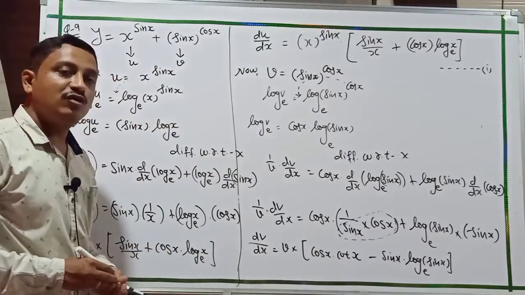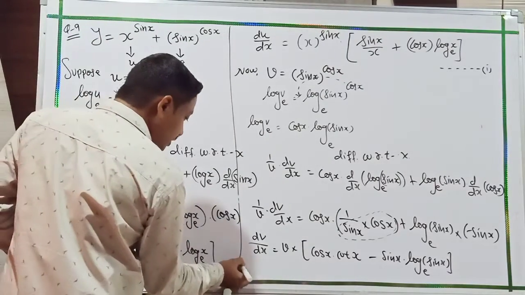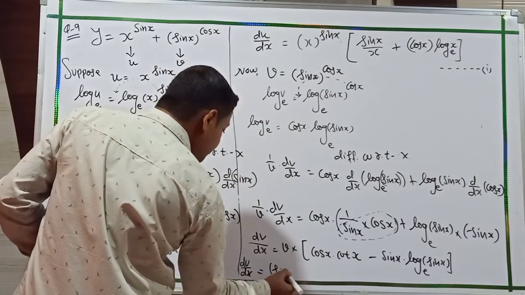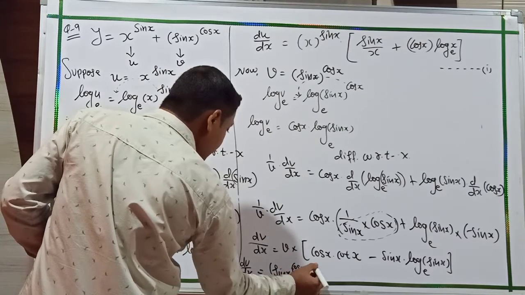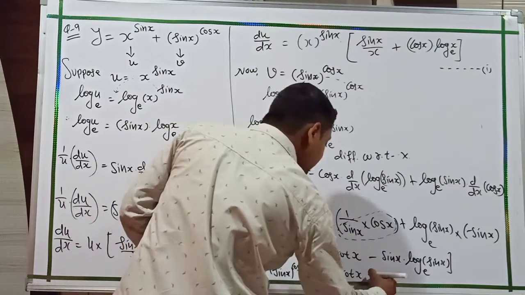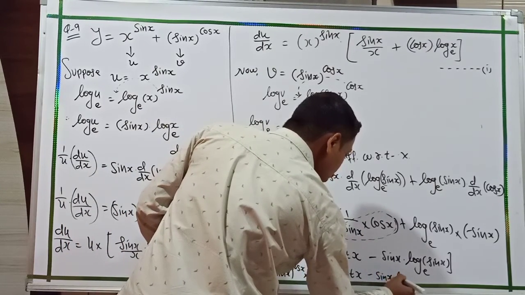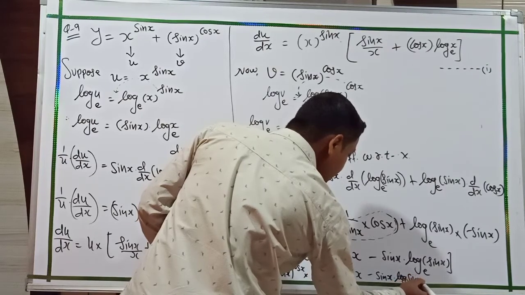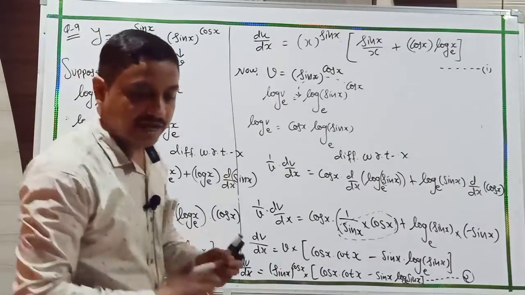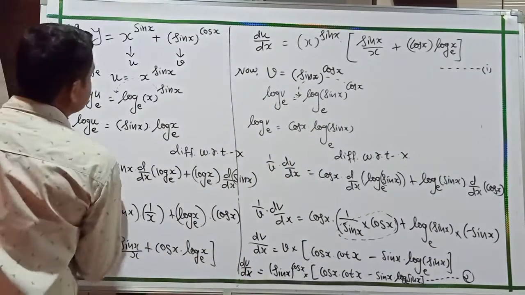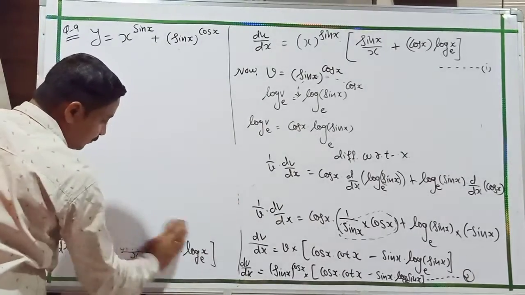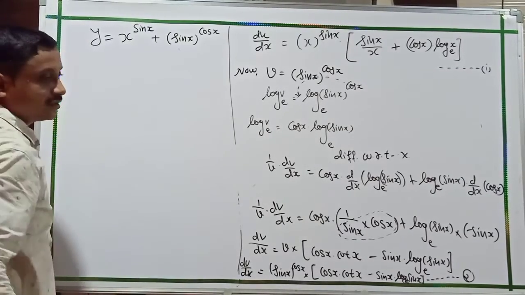Now putting the value for v. So what is the final answer? dv by dx, v is done, sin x raised to cos x already, and the other is cos x into cot x minus sin x into log of sin x base e, and here taking this as statement number 2. Now students, I go ahead to the final solution. So what are your questions related to your value? This is your question, students.